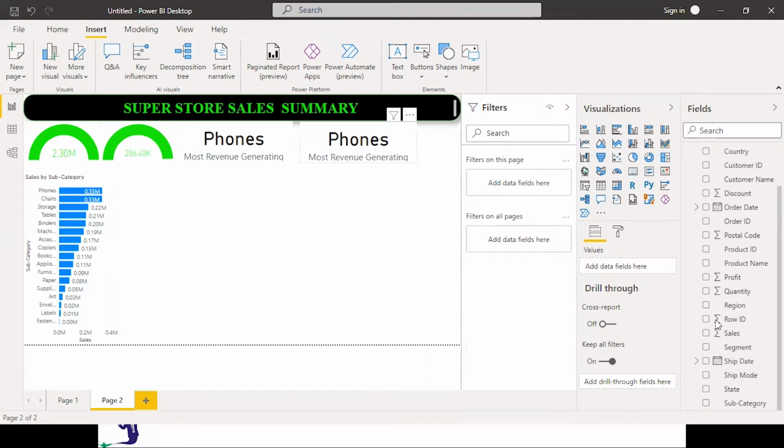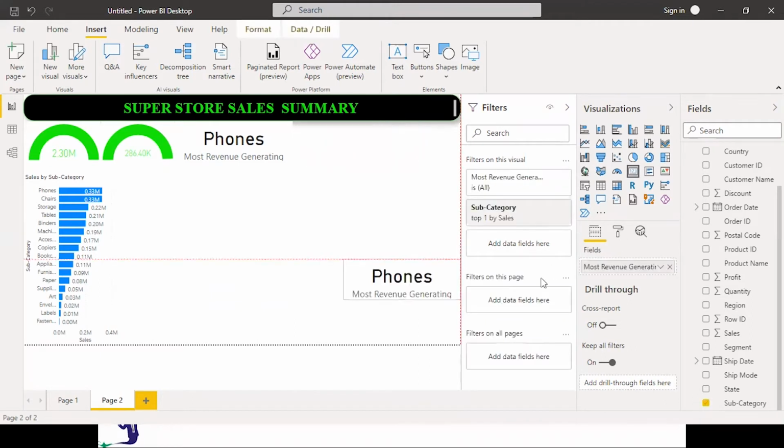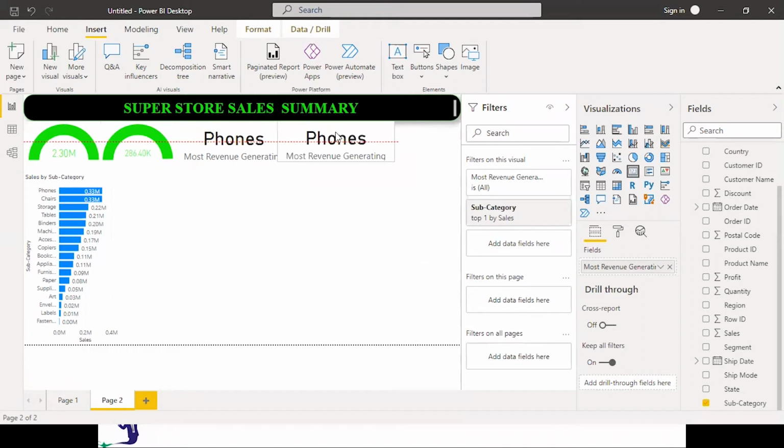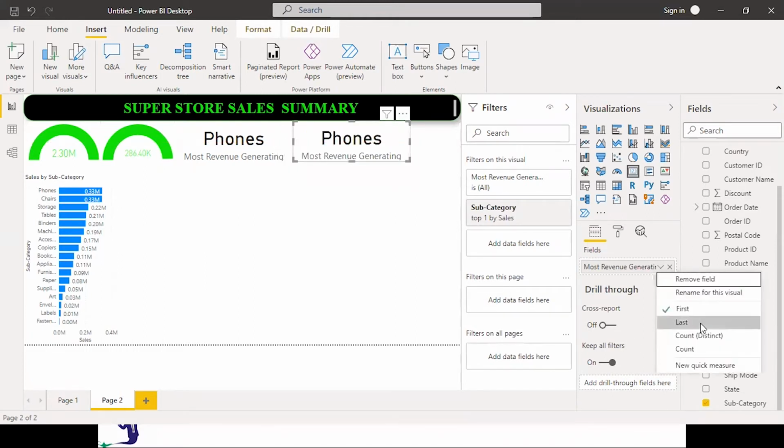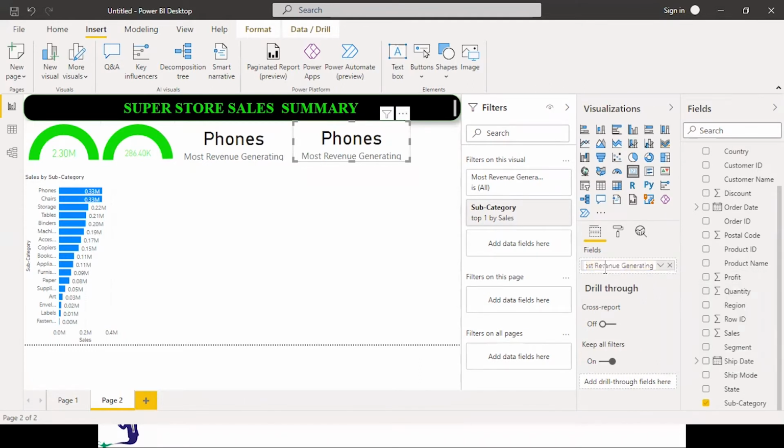And this we will take as most profitable. This is fine.